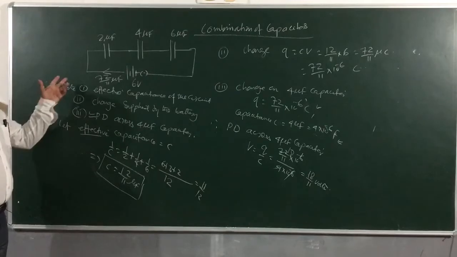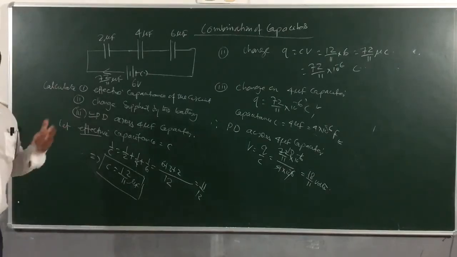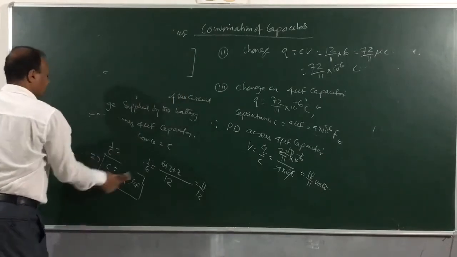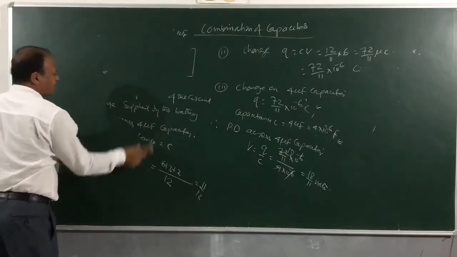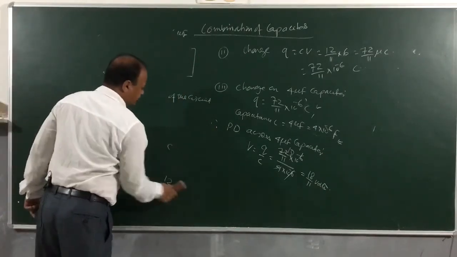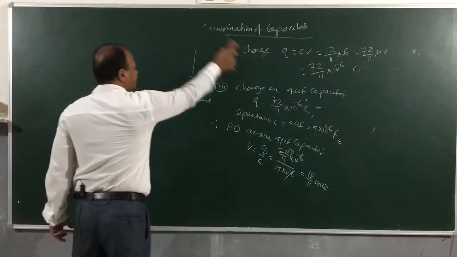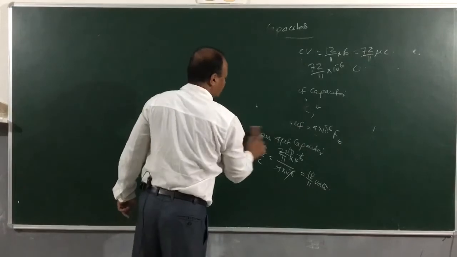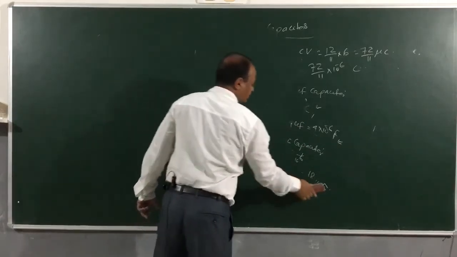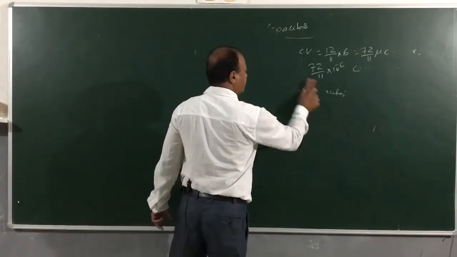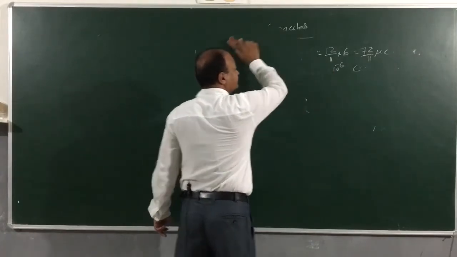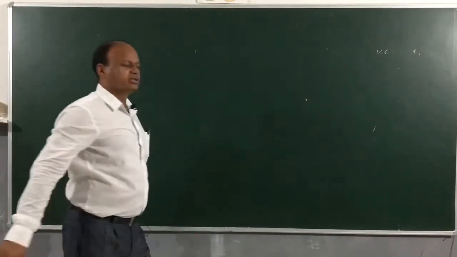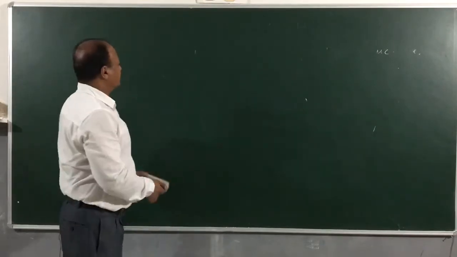So we are able to easily calculate what will be the potential difference across the 4 microfarad capacitor. Make sure that you are able to handle this type of problems if you are conceptually clear. So we will now be doing parallel combination of capacitors, and in parallel combination, children, unlike the series combination, all the positive plates will be connected at one point and all the negative plates will be connected at the other point. Let us see a scenario here.